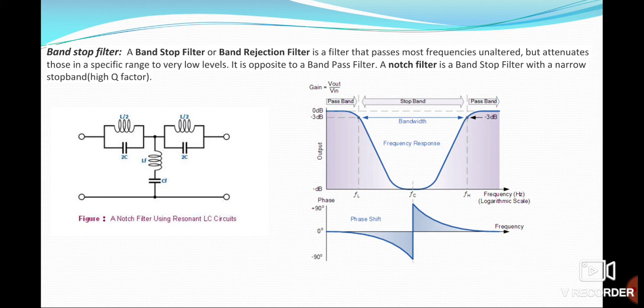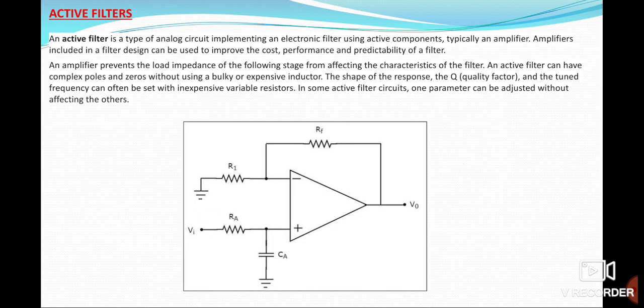and the remaining portion of the graph is actually representing the pass band. So if we plot the phase graph, we will see that the graph is slowly decreasing towards the negative half, from 0 degrees to minus 90 degrees, and then slowly it is increasing from minus 90 degrees to plus 90 degrees and decreasing again. So this is basically the representation of the band stop filter in graph format.